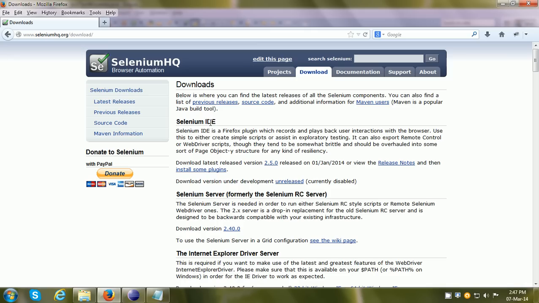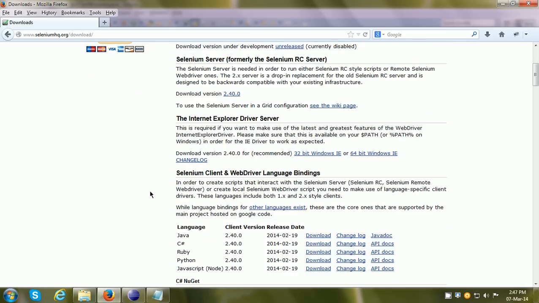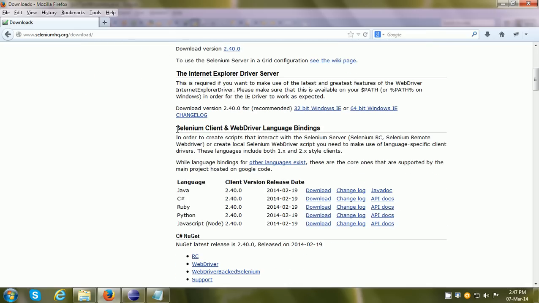For example, the first section is for Selenium IDE. If you scroll a little below, you will come across Selenium WebDriver. In this demo, we'll be using the Java programming language, so we need to download Selenium WebDriver for Java.